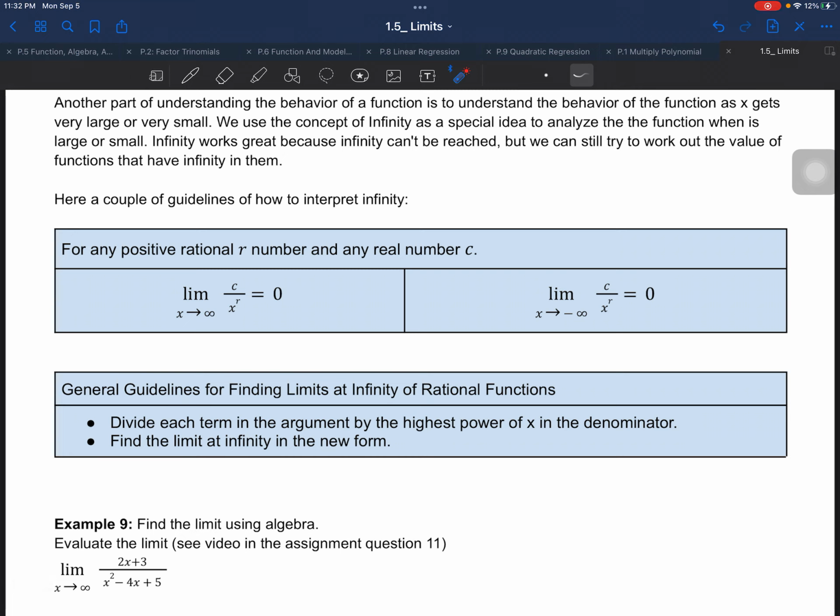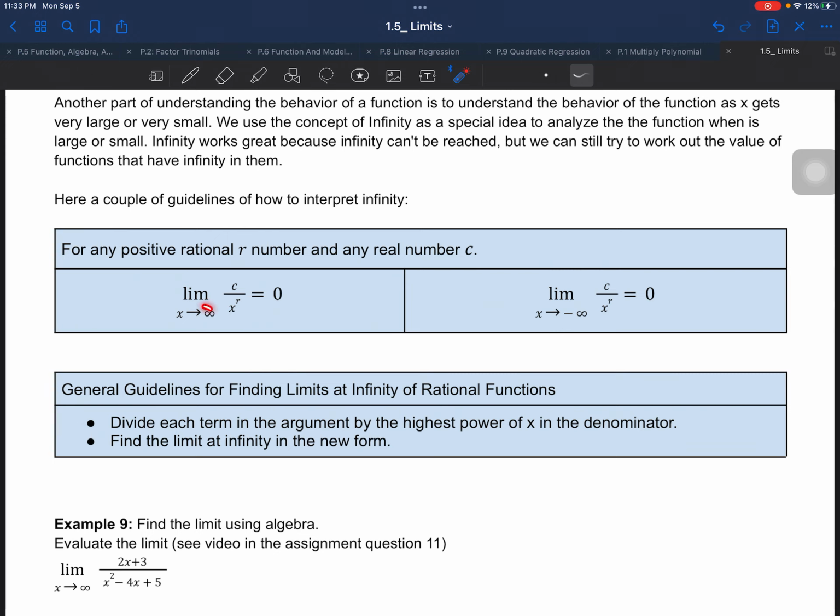The one we want to focus on here is for any positive rational number r and any real number c. So if c is any constant, for example 3, and r is any rational number, like 1/2,